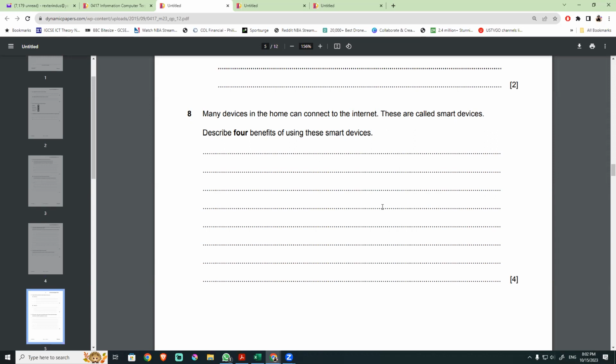Can be used to send you an alert on the phone. Like the smart